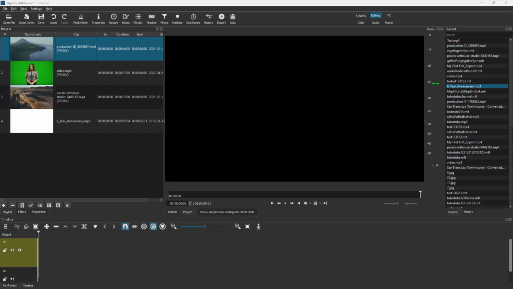Shotcut allows you to edit multiple formats of videos, but some formats of video are more edit friendly than others. And in Shotcut, H.264 video is most edit friendly. So if you have videos that are not in that format, you can easily convert them into the H.264